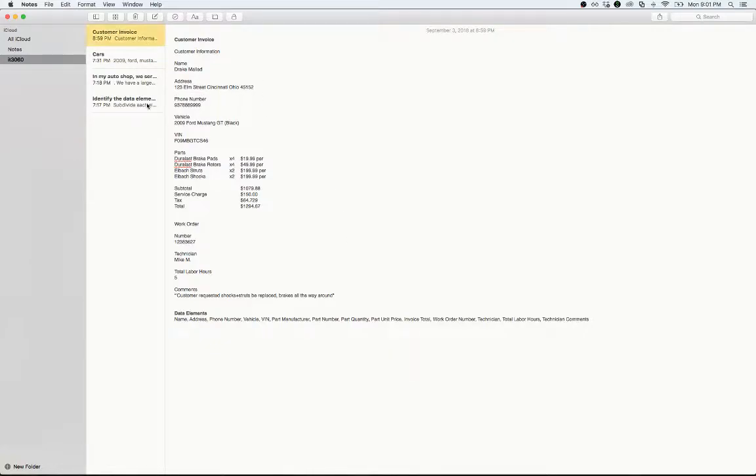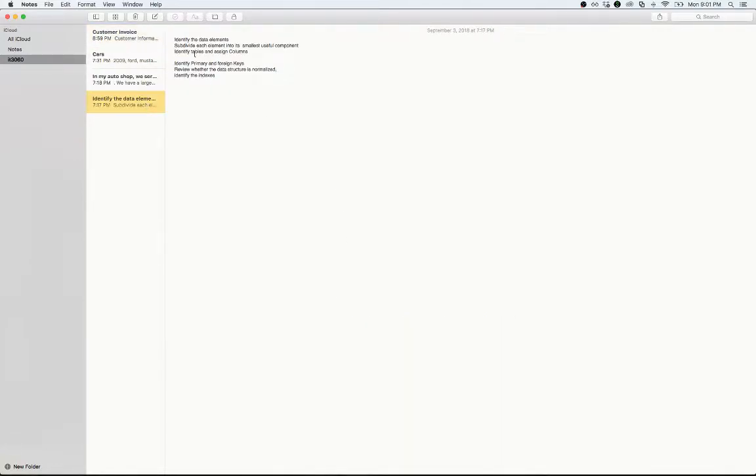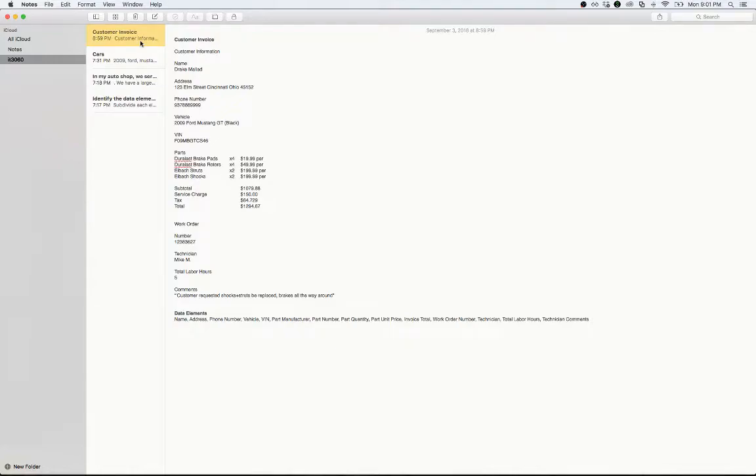And in this video we're going to be talking about the second step of 6 for designing our databases, which is subdividing each data element into its smallest useful component. And so we're going to jump back into our customer invoice example, and basically let's start by splitting up our data elements into